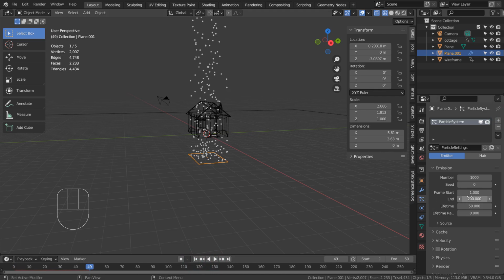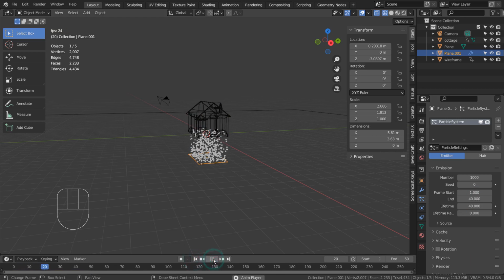Let's adjust the frame N, and the lifetime for the particles. Please experiment with the settings to create the best looking result.